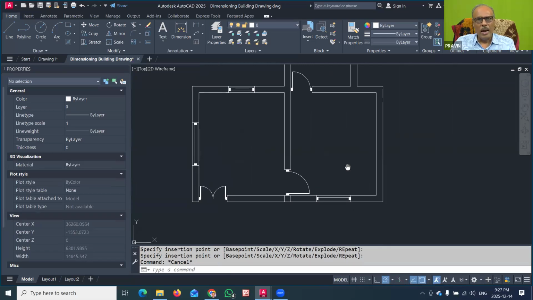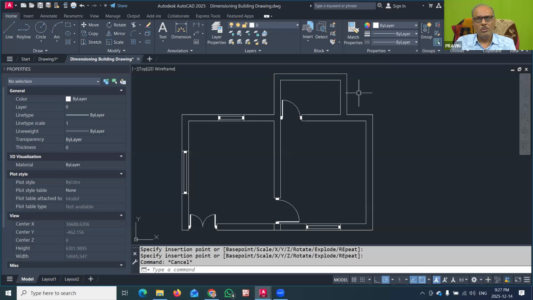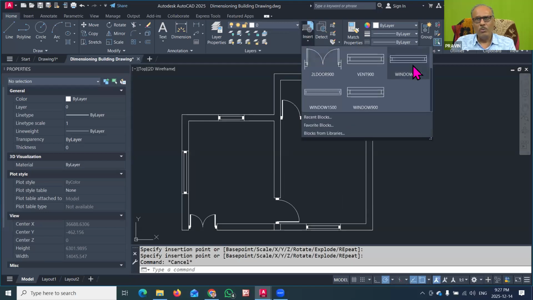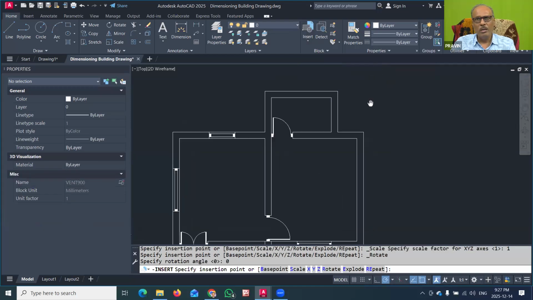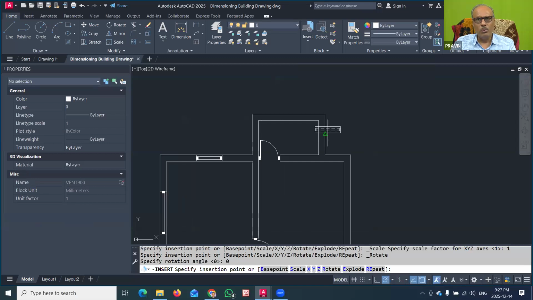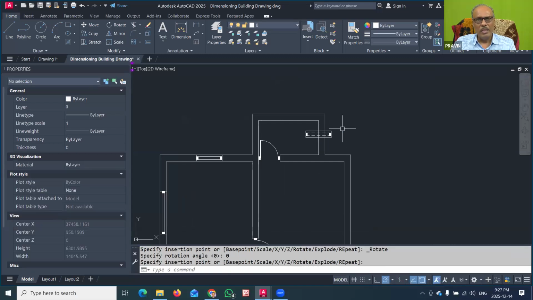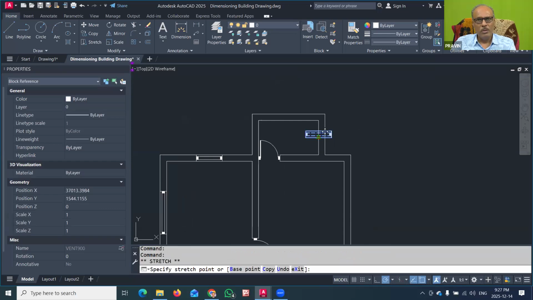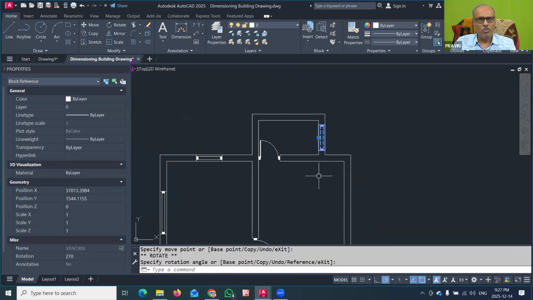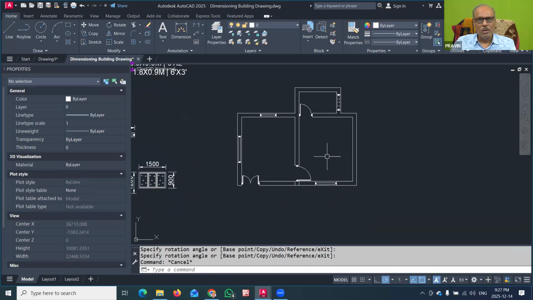So that was done. And again, you want the ventilator for this. So that also you can do: insert, and you can use the ventilator 900 symbol here. Now you require it a little bit inclined. So you can just place it at the middle and then go to the grip mode and rotate this. So I have just used the rotate command on the ventilator. So you can see that, dear friends, within minutes, I have created one nice building plan. These are the standard window sizes that you have to use to create your blocks. And where you want a double panel door, that symbol you can use having a specific width. So I have used it for 1000.